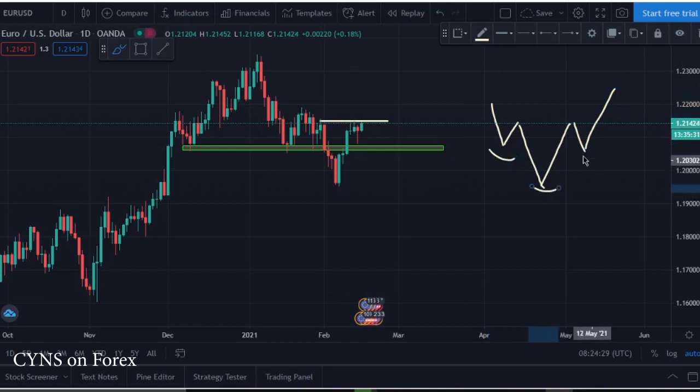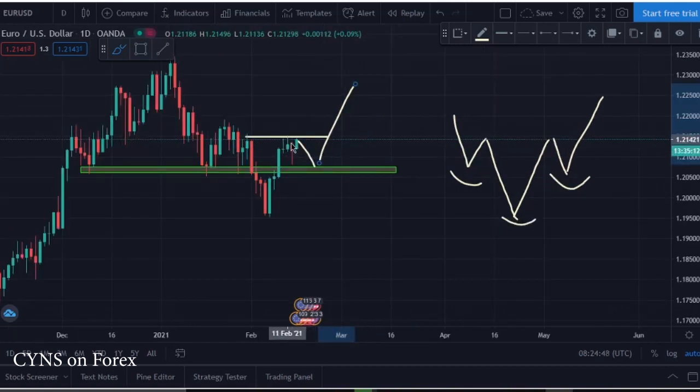Basically we are creating an inverted head and shoulders pattern, which means in the daily time frame we can expect the market to move to the downside to this support area before continuation to the upside. As well, we can see a very nice red candle. If the market creates this shape of candle, the market should fill in the wick before continuation to the upside.